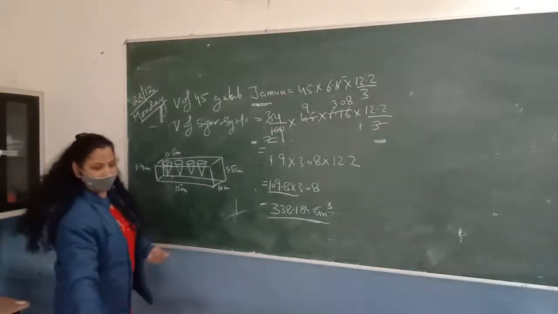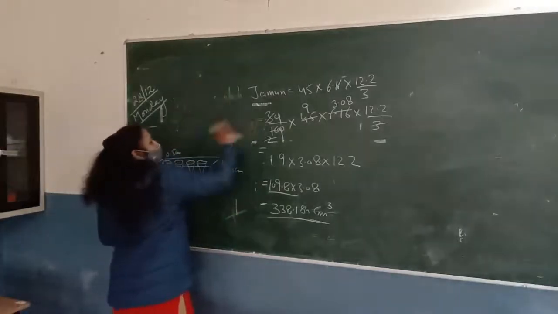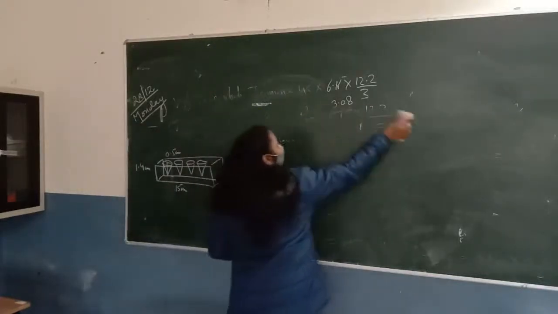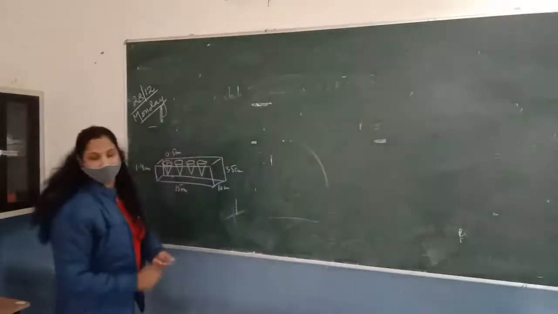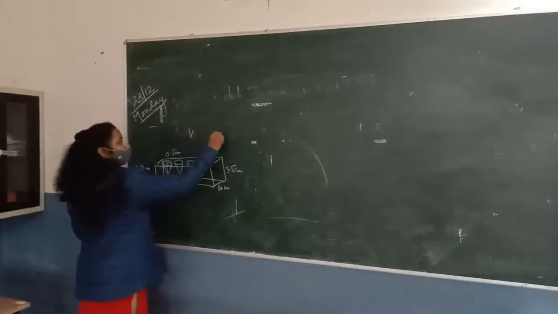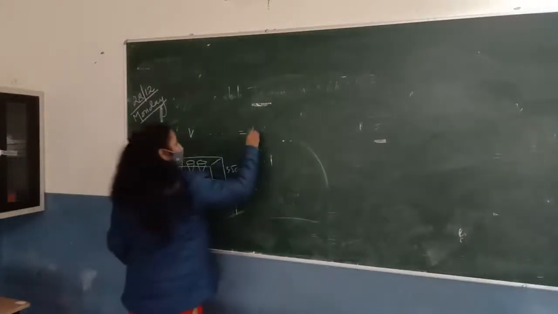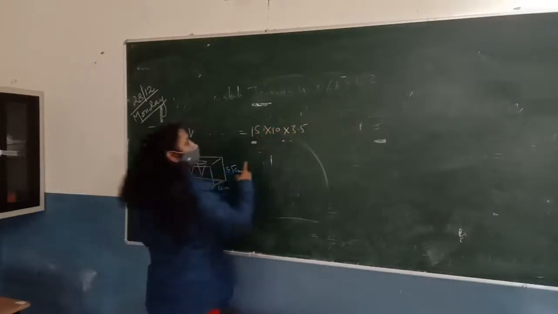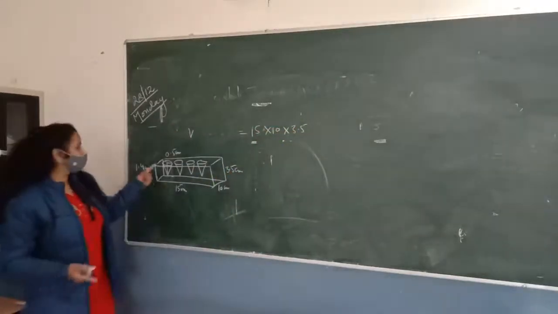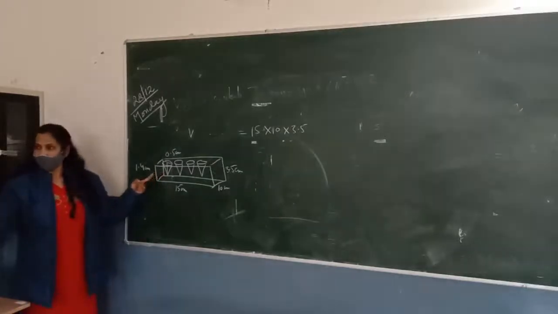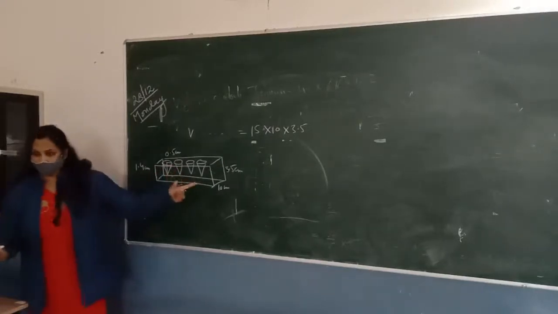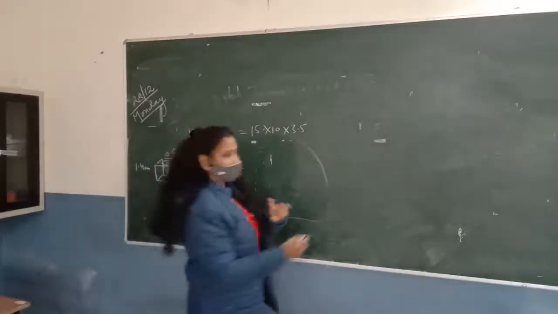So for this question, we can find the volume of the wood used by separating the volume of 4 cones from this cuboid. So the volume of the wood used will be 15 into 10 into 3.5. This is the volume of cuboid, है ना? And what is the volume of one cone? One conical cavity. Very good. So for the 4 conical cavities, we have to subtract the 4 cones.